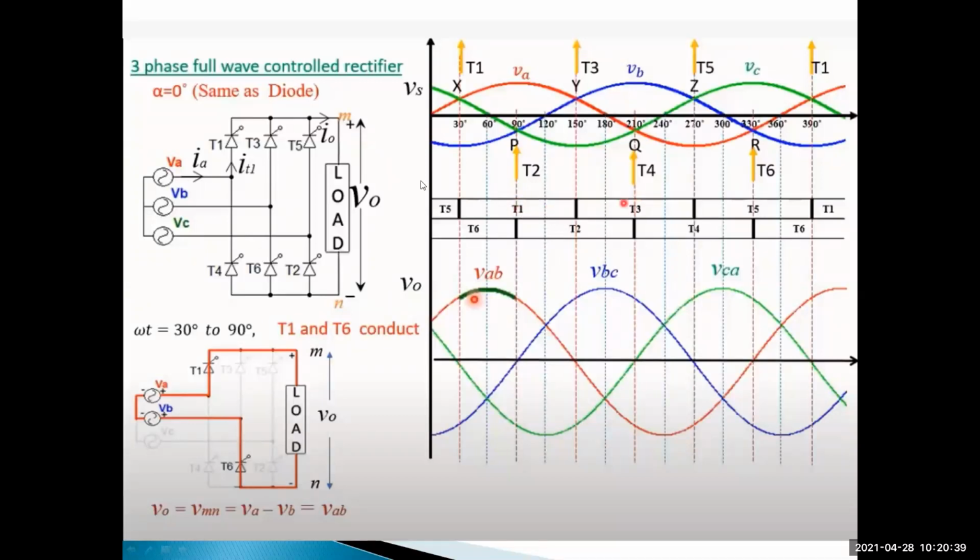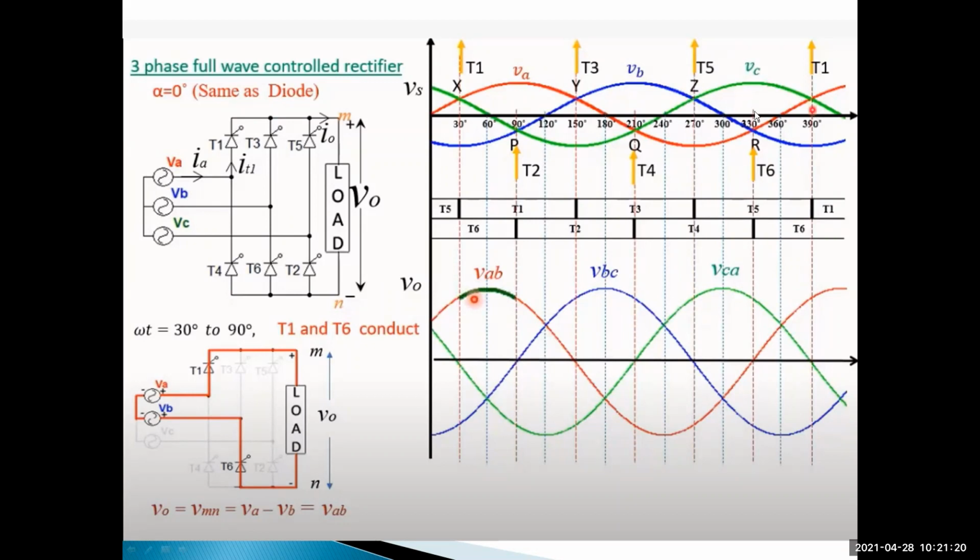And then thyristor T3. T3 is connected to B phase. B phase has a positive peak, and thyristor T3 is forward biased for B phase only. During the forward bias only, we have to give the triggering pulse to thyristor T3. So T3 is forward biased from 150 to 270 degrees. Understood? And then T5, the V_C phase. V_C phase is positive during 270 to 390 degrees, so T5 is positive in this duration.